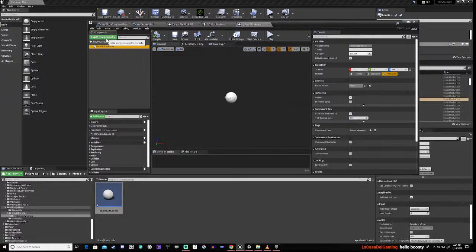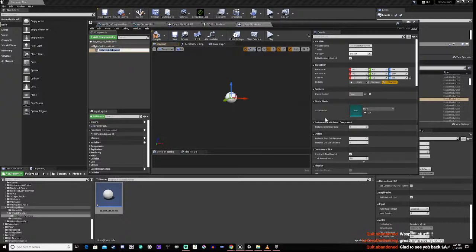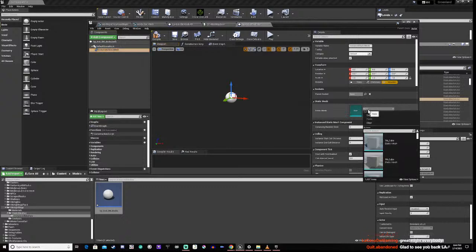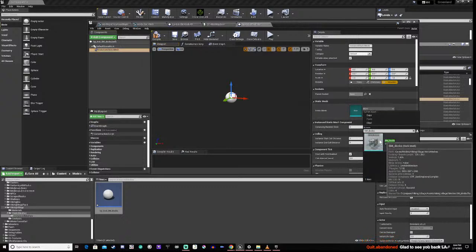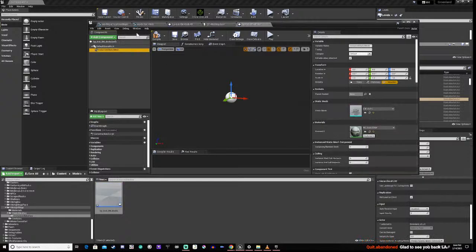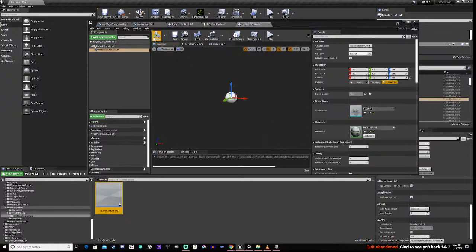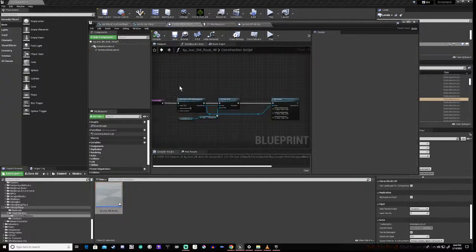Right, then we're going to add instance mesh. Okay, we don't type in add there. Instance mesh. Then we're going to paste the name there. We're going to select that. We're going to save that. Then we're going to go to our instance for the other one, and we're basically going to copy that.